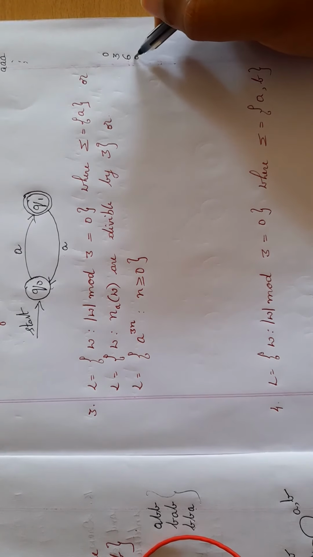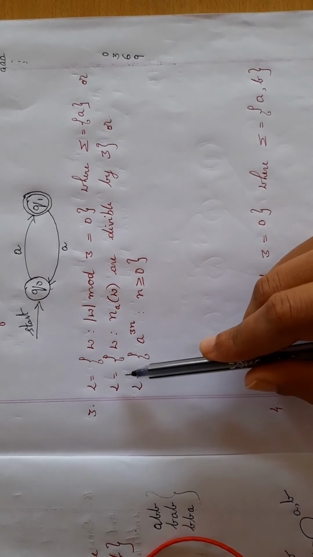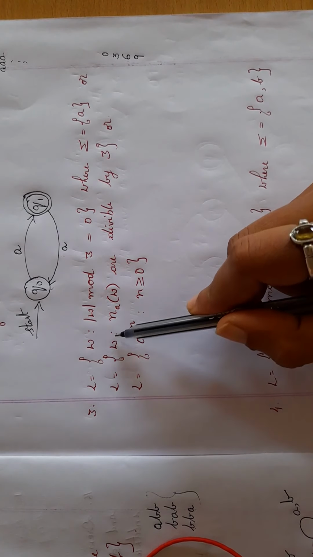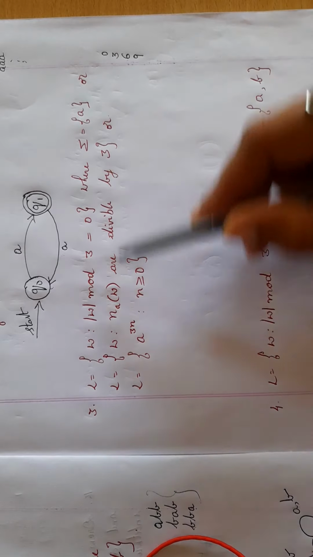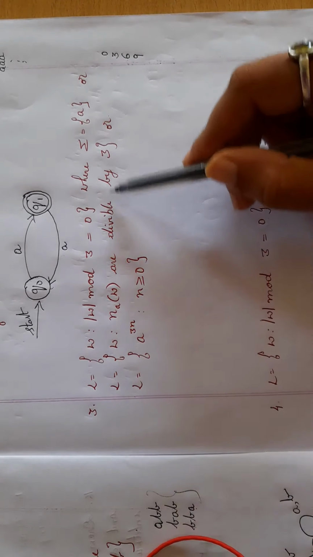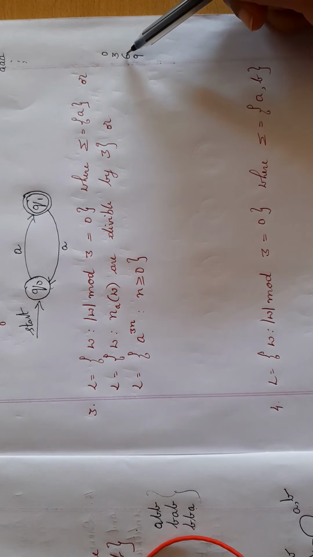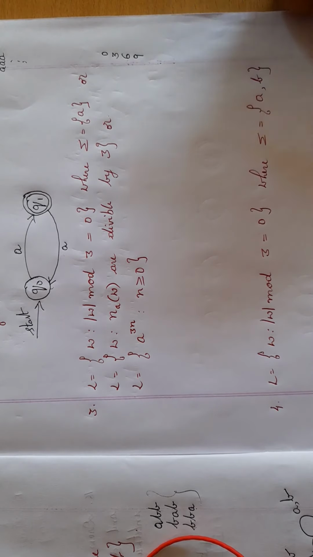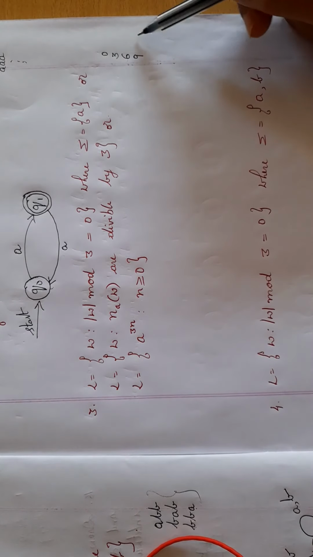Next it will be 9 mod 3 equal to 0. So it goes on. Okay, so these are the different conditions. This is the other way it's written here. What is the length of the string? The number of characters in that string are divisible by 3, that is, the number of a's is a multiple of 3. So 3, 3 2s are 6, 3 3s are 9, and so on. This is one more way of writing. Okay, so these are the different conditions.